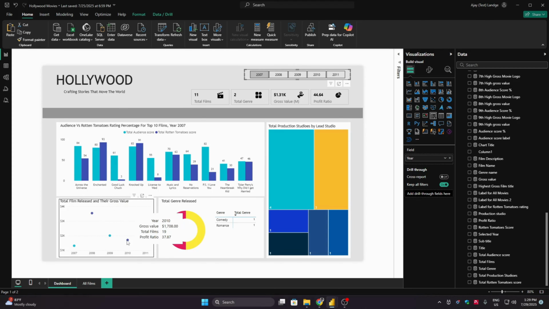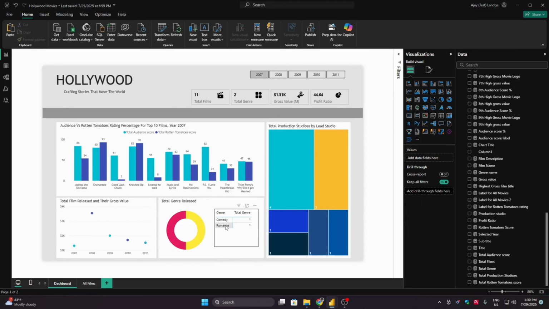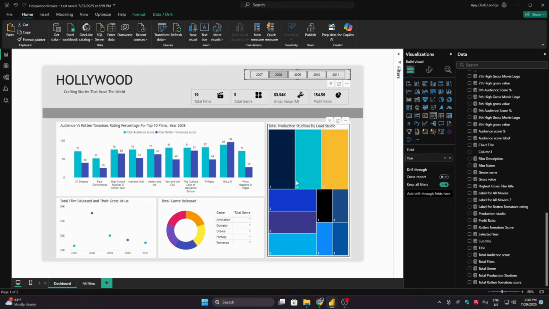And for 2010 also year wise we can see film details, its gross value and profit ratio. And for 2007 total 2 genres were released, which were comedy and romance. Now you can see for comedy it was 1, total genre was 1, and romance was also 1 for 2008 and 2009. Okay, so year wise you can see genre count,